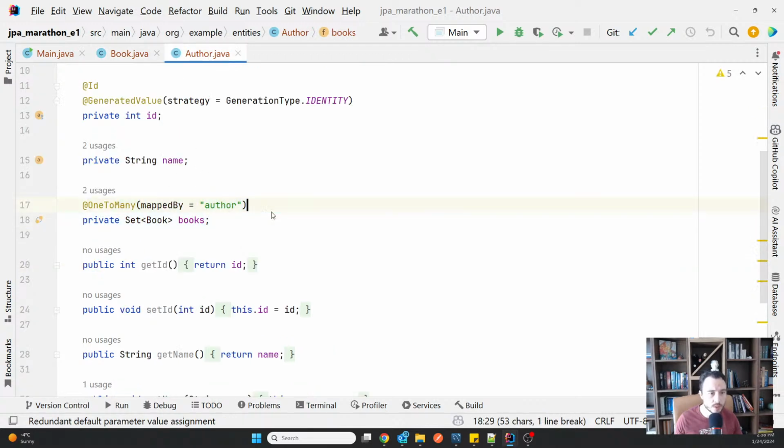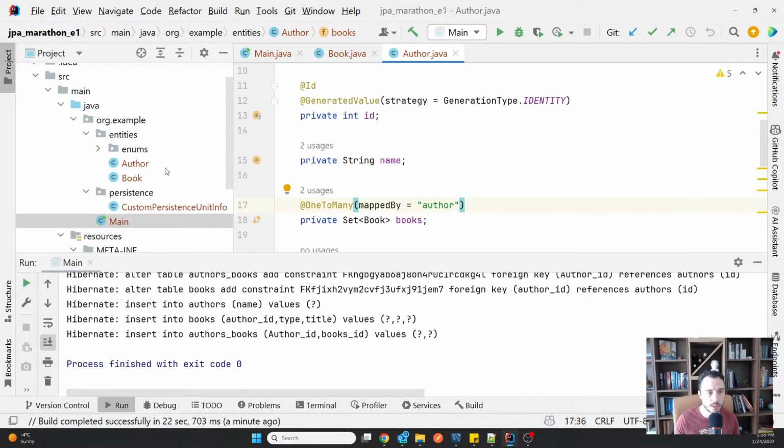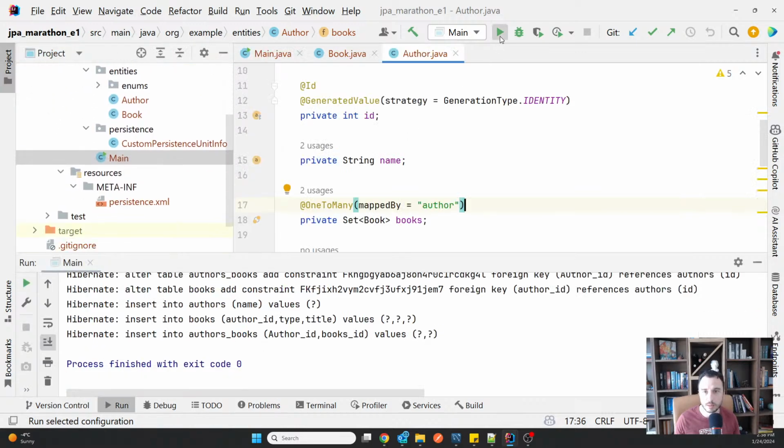Very important. So using mappedBy is paramount. If you forget putting it, you will end up with strange things. It's valid for any relationship, so don't forget to use the mappedBy. When we have a bidirectional relationship, it's always a must to put the mappedBy on the opposite side of the ownership of the relationship.